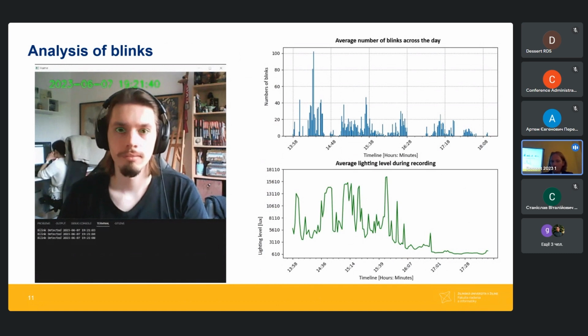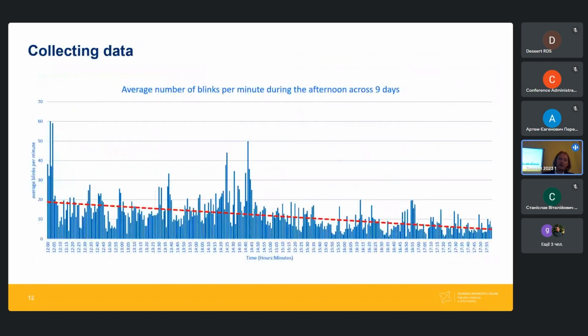These are two values which can be analyzed in the future, and this is a full data set which can be collected with this system,